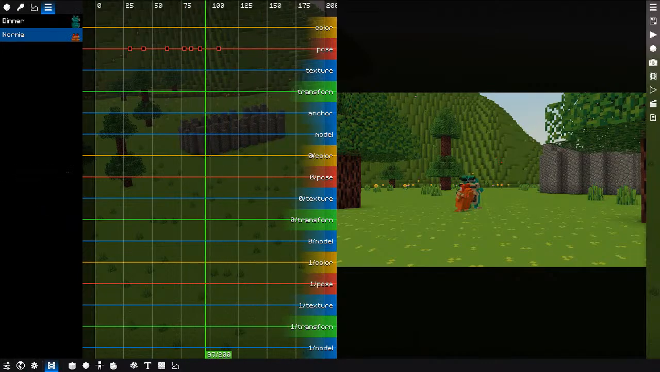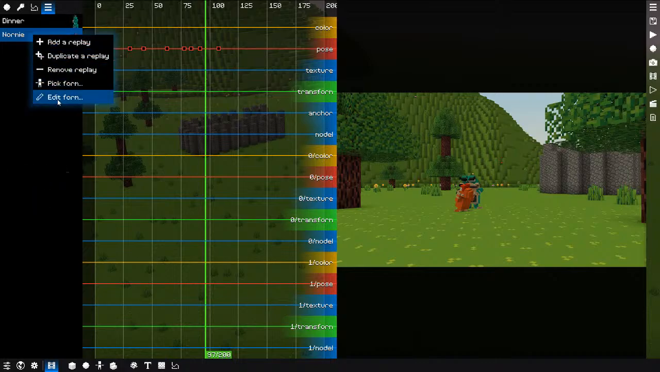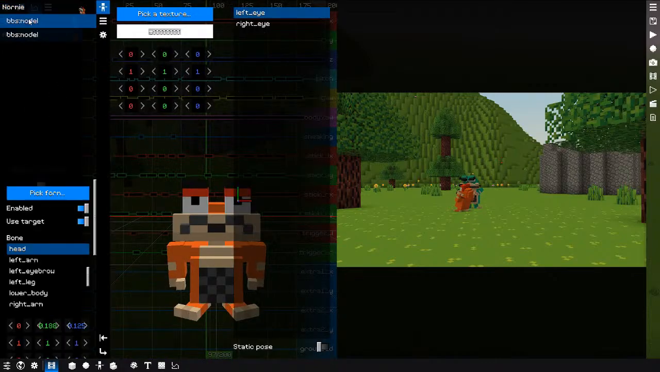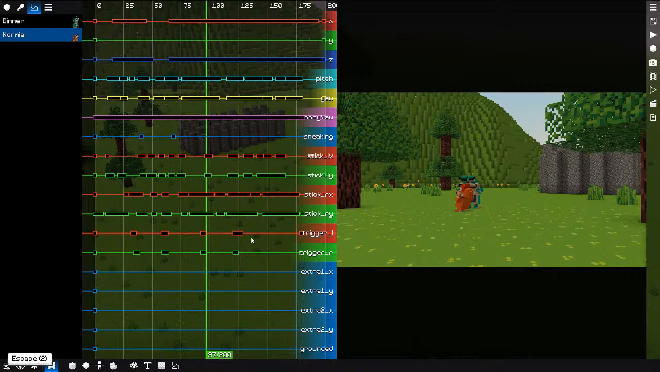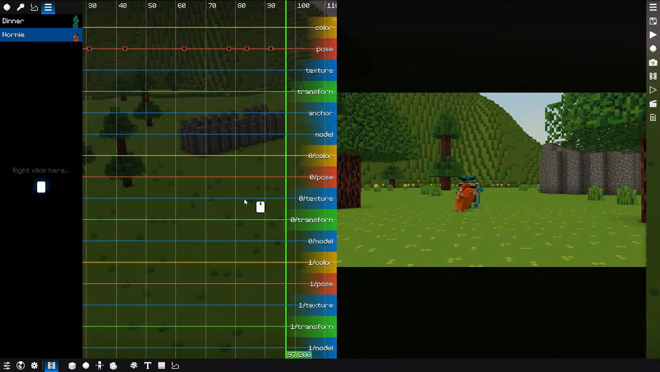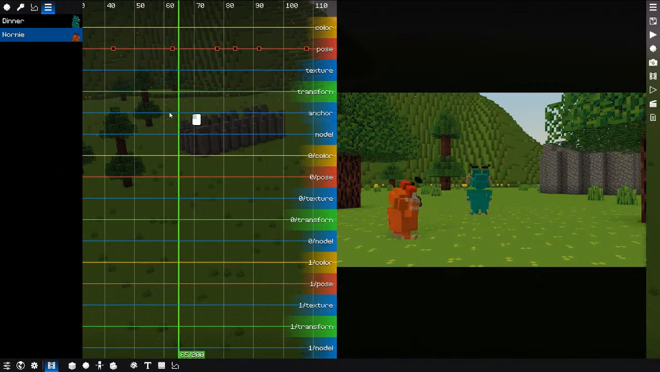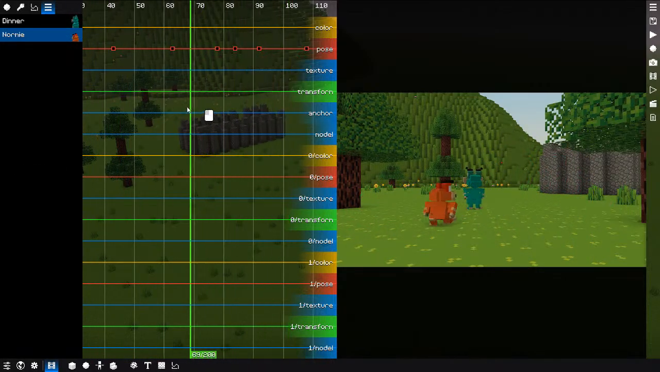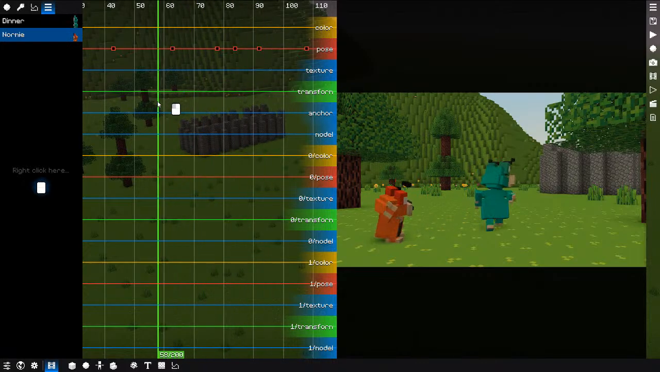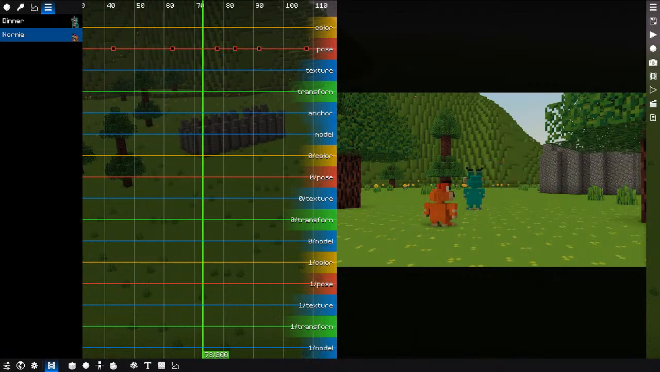There are also these values, 0, 0, 0, 0. It's basically the body part. The form has two body parts, which are eyes and mouth. They are separate models, so that's why these are separate. Then there's this cool anchor property, which allows you basically